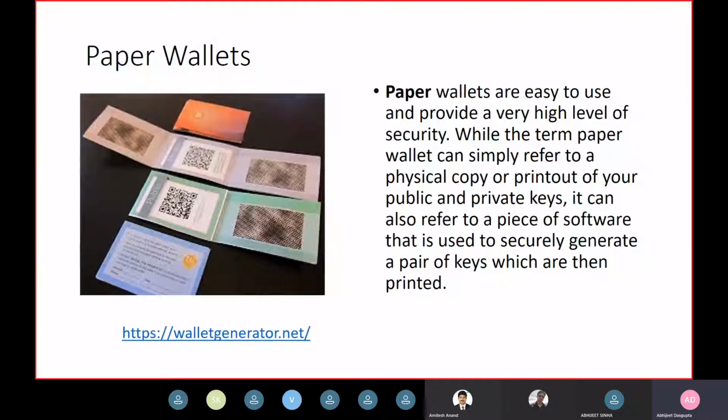But actually there are some websites which allow you to create these snazzy paper wallets if you want. I've just put in a URL for your reference. If you want, you can create a paper wallet of the cryptocurrency of your choice for fun. Just go and have a look. It's walletgenerator.net. I will also be having a look at that in our later sessions.